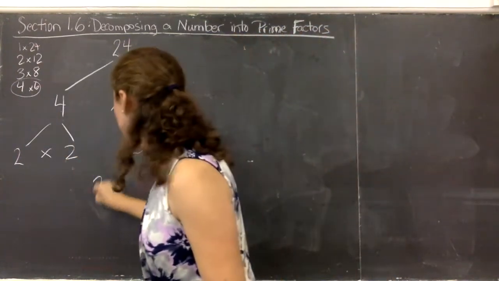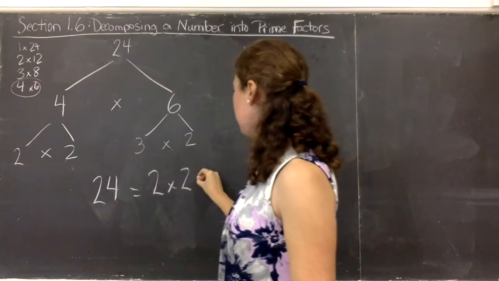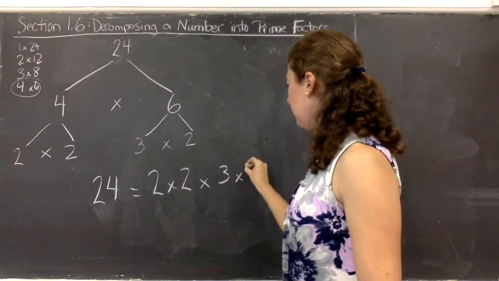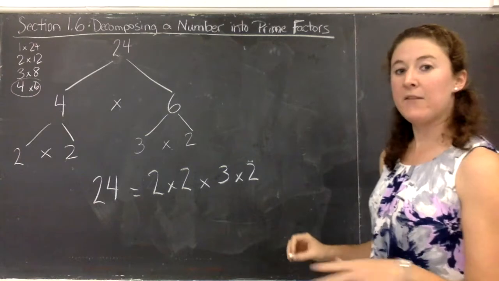So 24 is equal to 2 times 2 times 3 times 2. Okay, so those are my prime factors. If I did it another way,